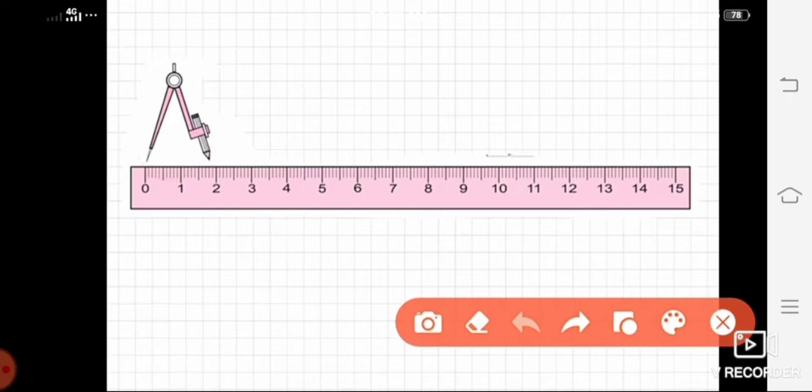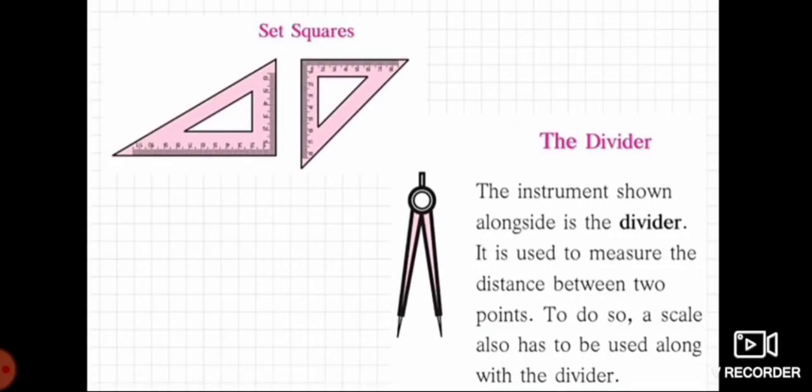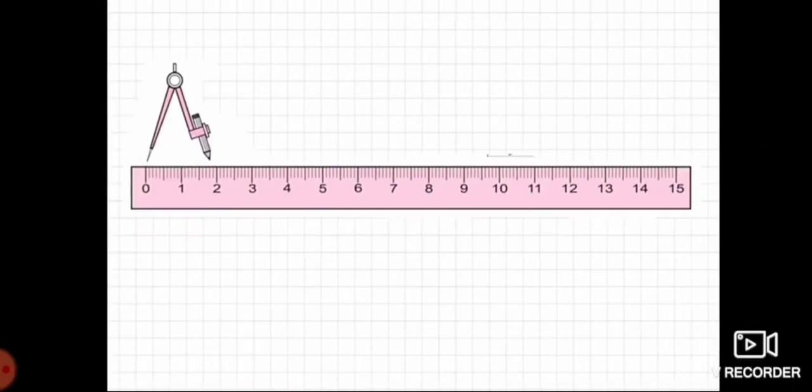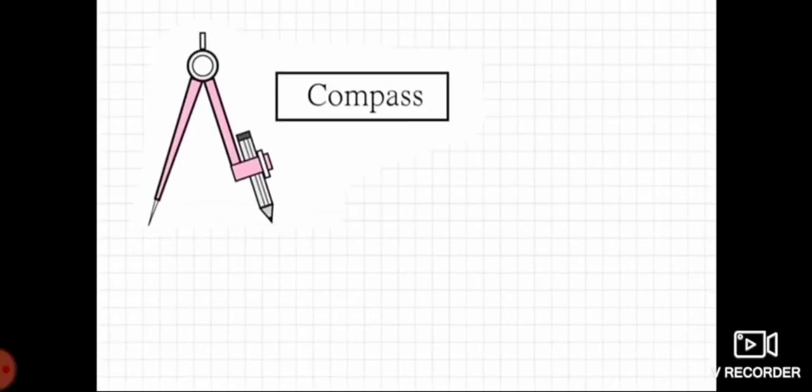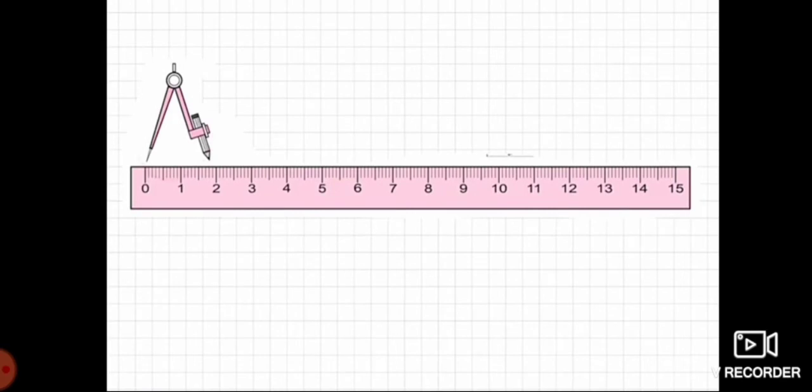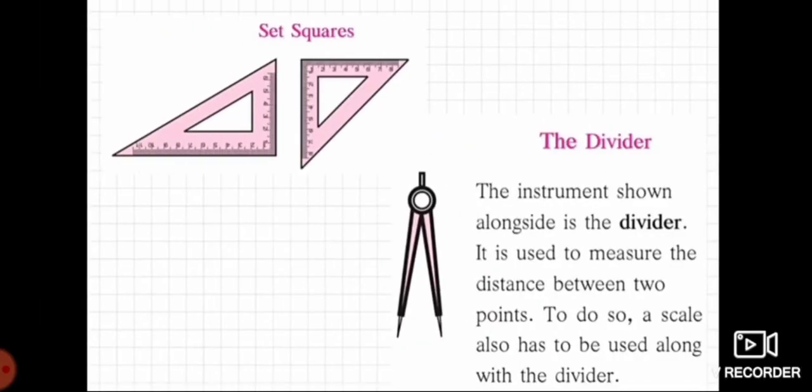Once again listen, what is the use of ruler or scale? It is used to draw lines of different measurements, plus it is also used to measure the distance between two points or to measure the distance of a certain thing. Got it? Next. So these are the two instruments which we are going to study this year. We have used the scale, protractor and compass. We know their use, but these two are a little bit new for you all.